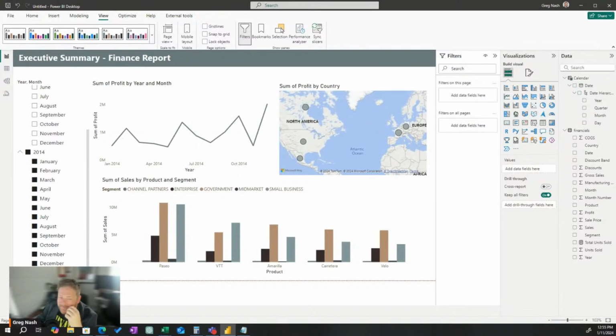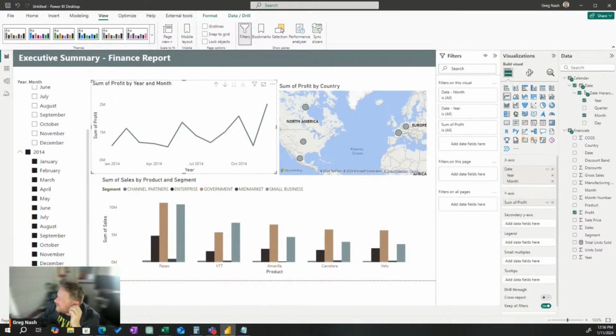How much time do we have? All right, we've got a little bit of time. We're going to talk about why this isn't a good report. This is basically the end of the report. We've almost done it. We've got to spruce up our visuals. Do they really put drop shadow on? No, they do.